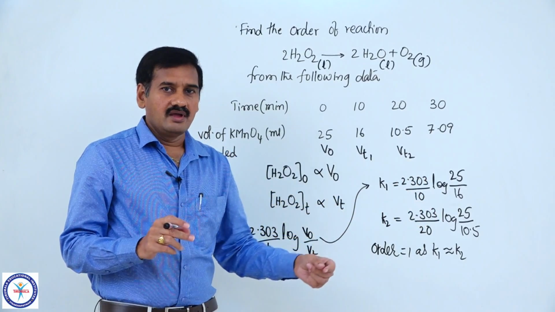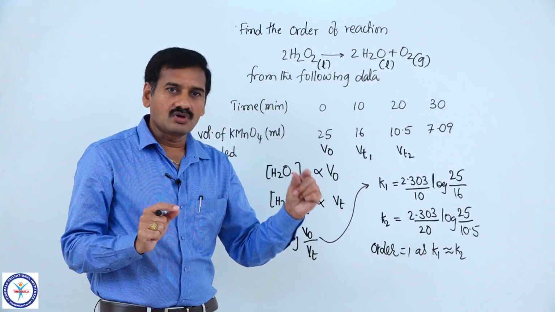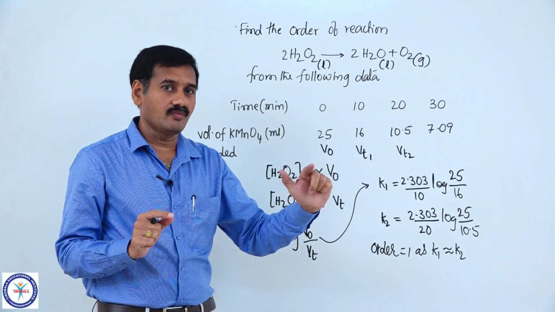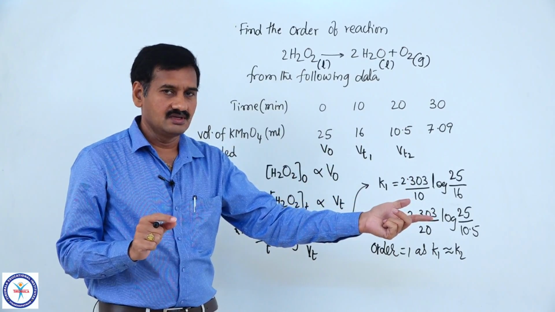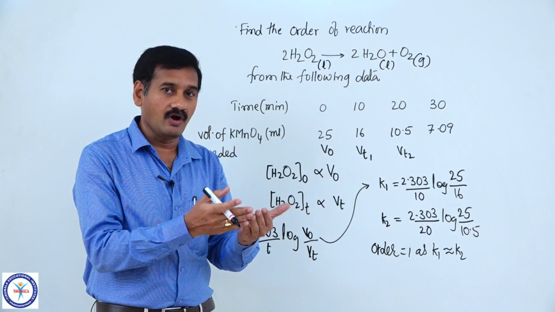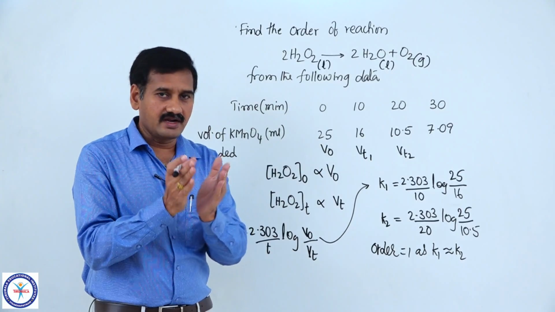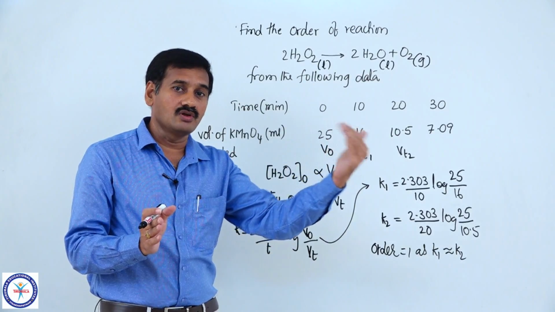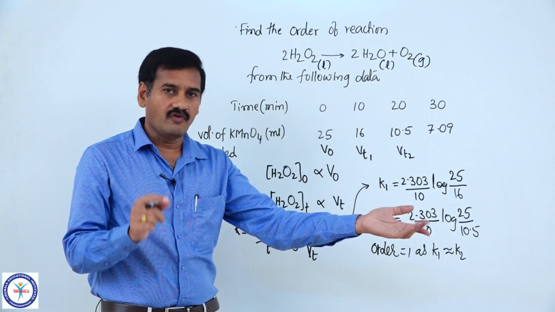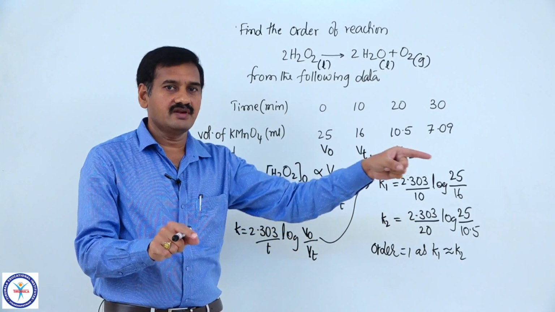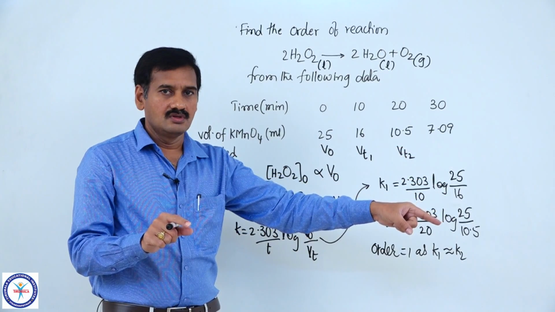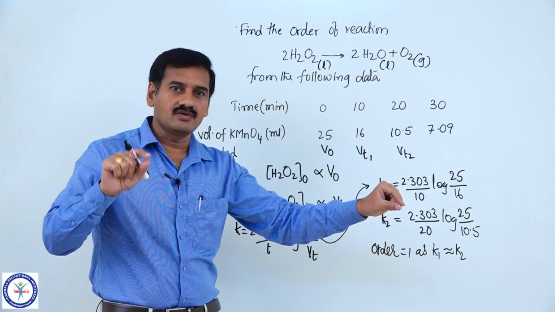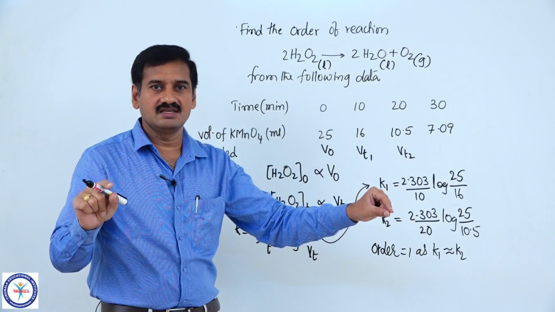Tell me, at what time is the maximum amount of oxygen produced? Maximum oxygen produced will be how much, tell me? If 100 molecules of H2O2 are taken in the conical flask, what is the maximum number of molecules of O2 produced? If all these 100 are dissociated, you will get 50 molecules of O2. So, the maximum volume of oxygen is produced when all the hydrogen peroxide taken in the conical flask is dissociated.